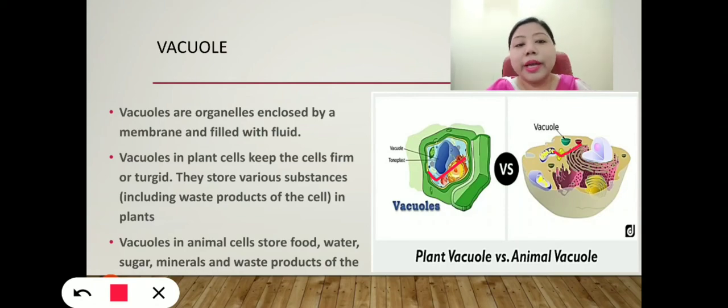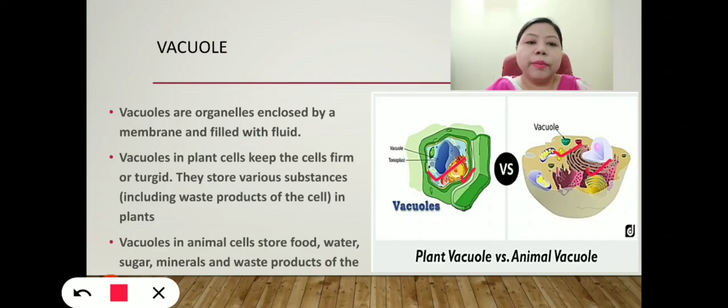So that's why I said that the location of the nucleus may be in the center or in the corner, because in plants, since the vacuoles occupy the central position, the nucleus will occupy the corner position. So here you can see the nucleus in a plant cell, but in an animal cell the nucleus occupies the central position and the vacuole occupies the corner position. It is in the periphery of the cell.